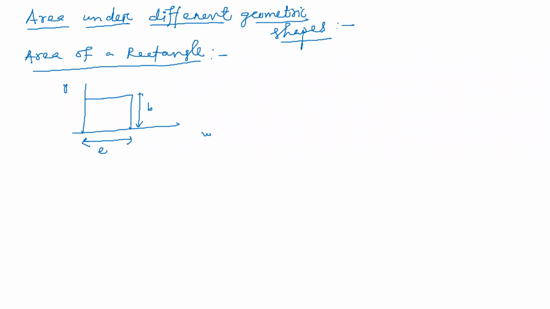Okay, I have to find this area. So for that, what do we have to do? Let's say at a distance x, we're considering a small strip. I will take a small elemental strip, whose width, students, is dx. The width of the strip is dx, and it is at a distance x from the y-axis. Correct? So if I want to find the area of the small elemental strip, students.